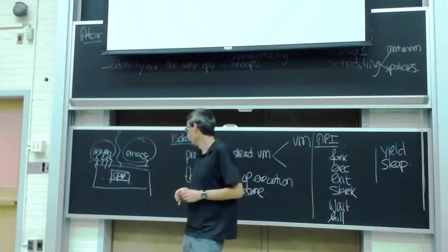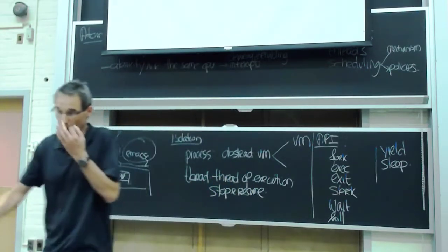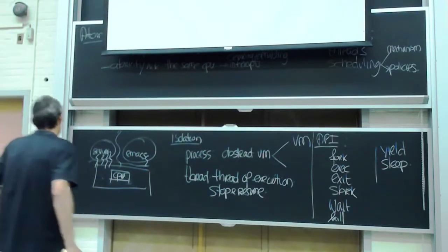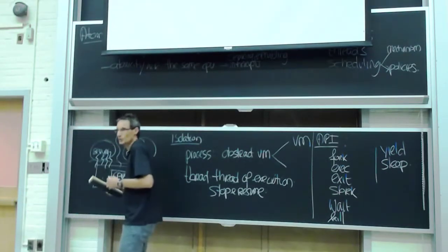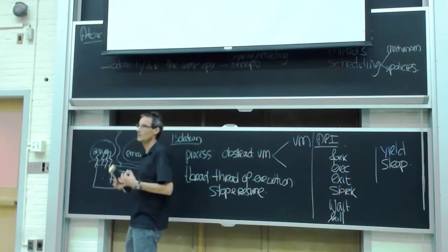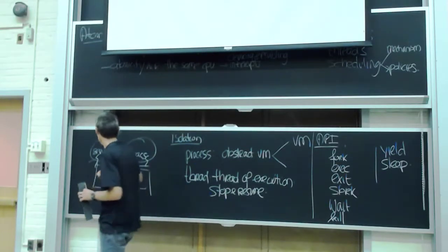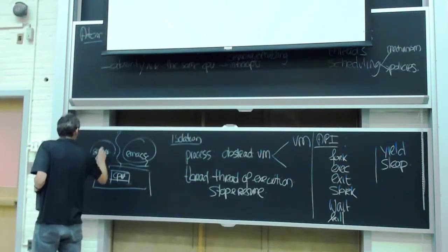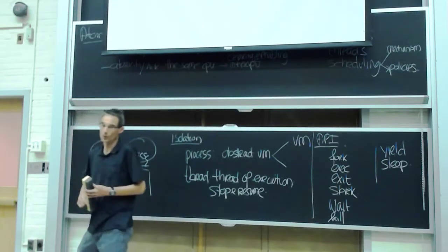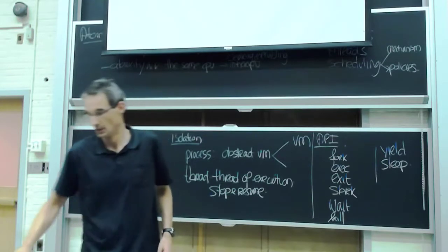Now, in XV6, as well as in JOS, this distinction is not as clear, because basically we're always running with one thread in user space, like many early Unix implementations. Now,